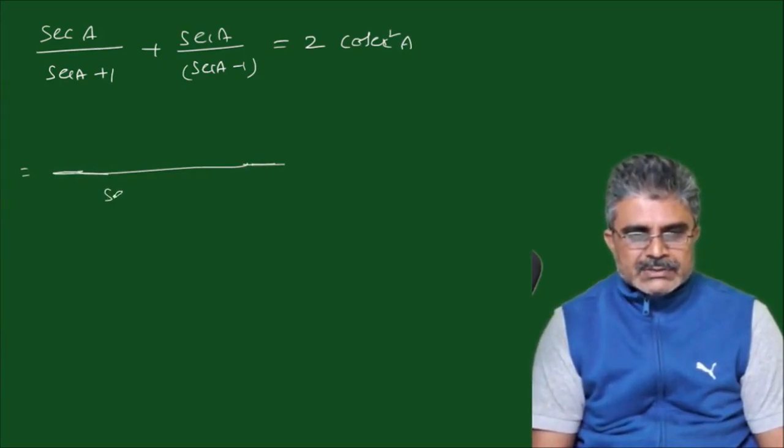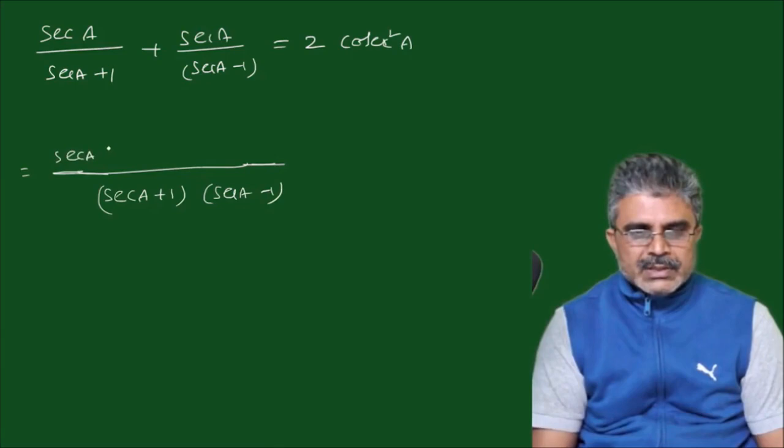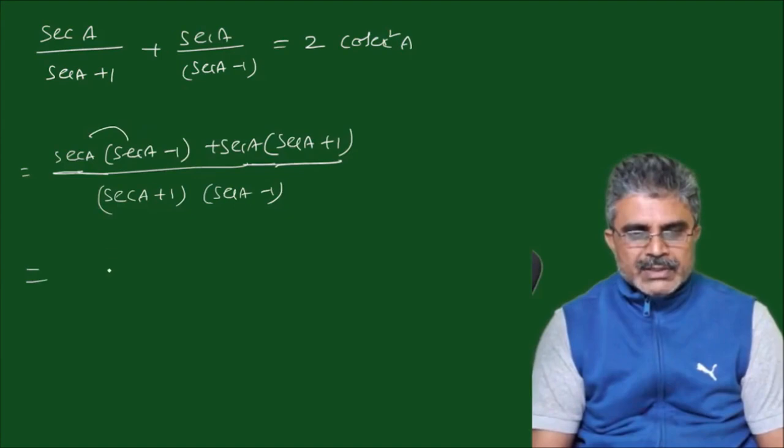So you will have secant A plus 1 into secant A minus 1, and on top you have secant A into secant A minus 1 plus secant A into secant A plus 1, which will give, by multiplying with this,